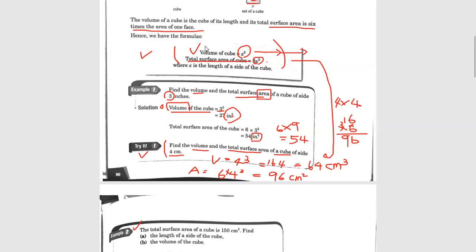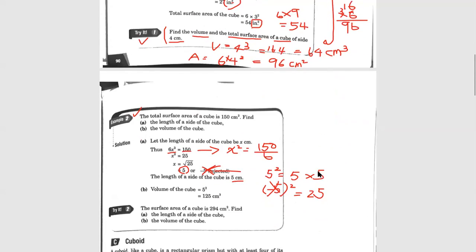Length times width times height. Yes, you can say that. And since the cube has the same side lengths, the faster way is x to the third. Very good, thank you, Maisie. Now over here, we just plug in because we